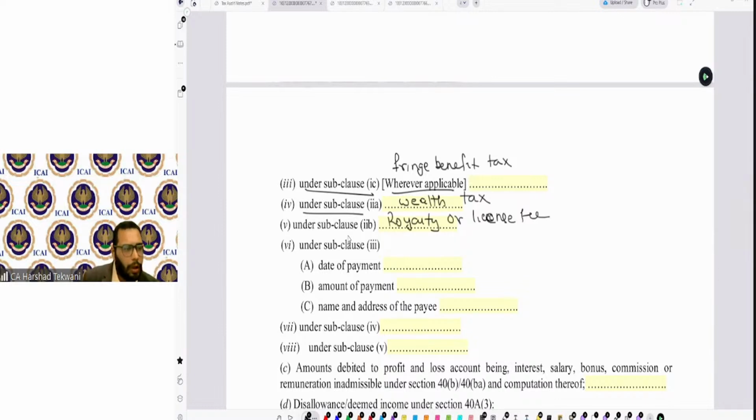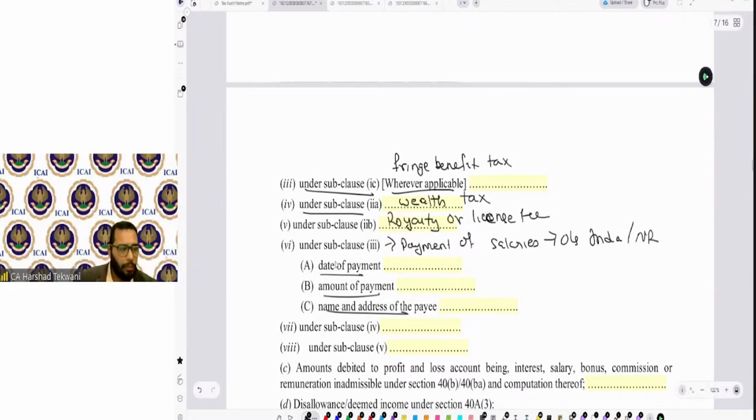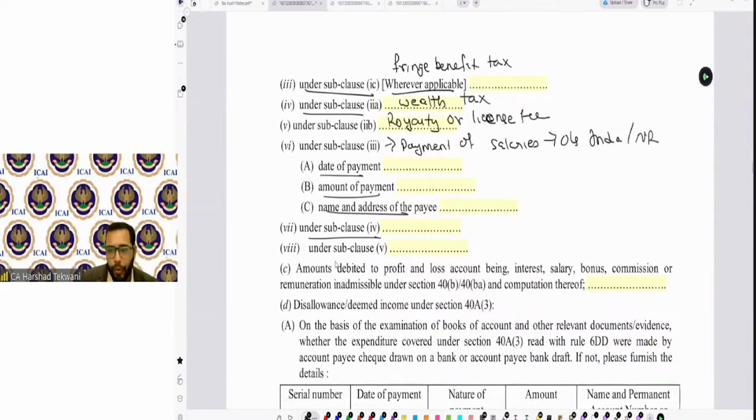Okay. Then subclause 3, which talks about payment chargeable under the head of salaries if payable outside India or to a non-resident. Payment of salaries outside India or to non-resident. Over here, the date of payment, amount, name and address of the payee is required to be specified. Under subclause 4, which talks about any payment to provident fund or other fund for